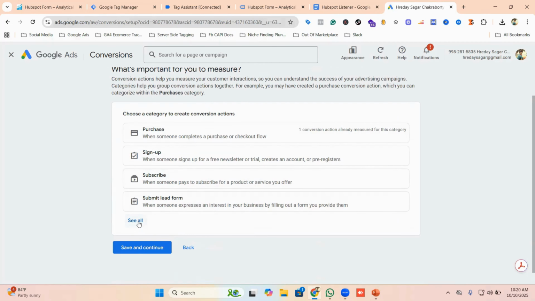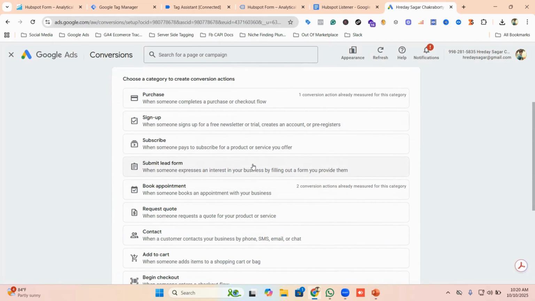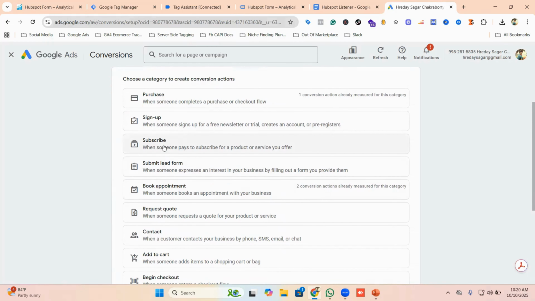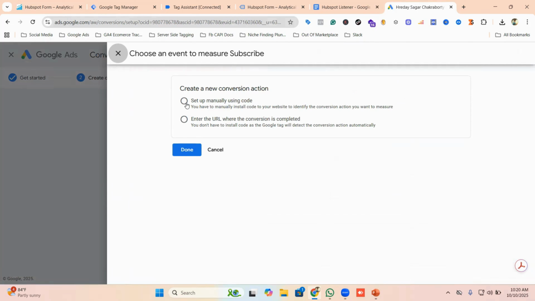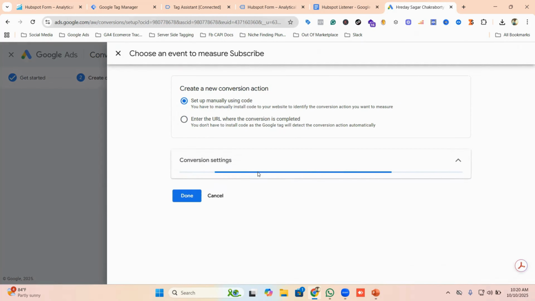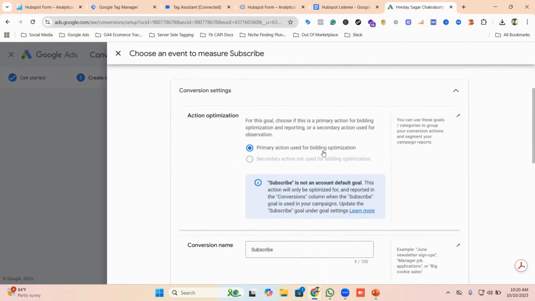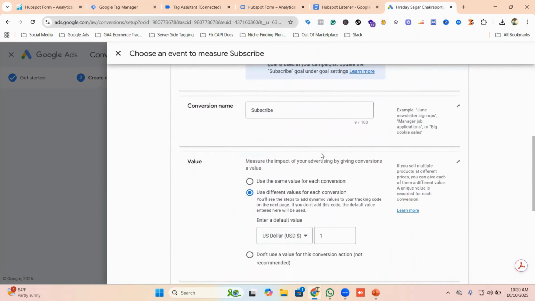So I need to choose a category from here. So this one would be booking appointment, either booking appointment or you can go for subscribe as well. So let's go with the subscribe. Okay. Then set up manually using code. So if you want to change something from here, okay. So I'll keep this as primary action. Okay. So this would be the primary conversion, and the conversion name would be Google Ads conversion